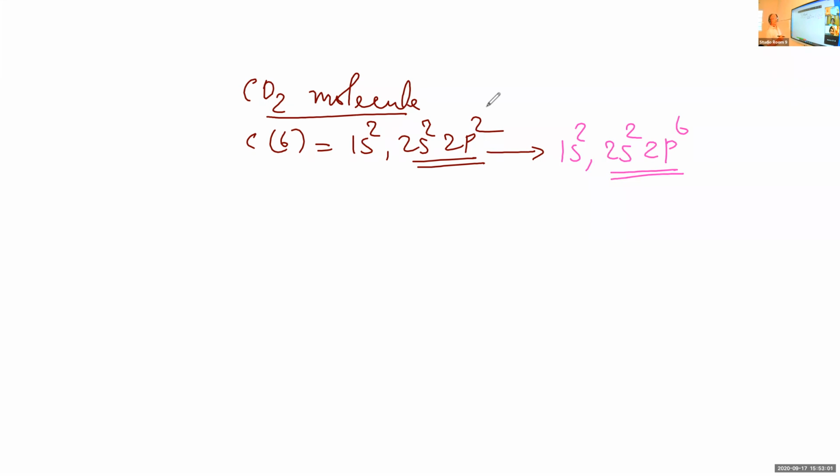To complete the octet in the outermost level, carbon needs 4 more electrons. And so to get 4 more electrons, carbon has to form